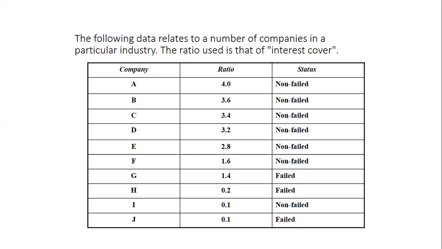If we look at the status of these firms, the non-failed means that the business still exists, and the failed means that the business has gone bankrupt or liquidated already. Okay. And then I was saying that when you look at J and I, J is no longer existing, so it has failed. But its interest cover ratio shows that it can pay off its debt more than I, which has not what? Failed. If you compute the average of the ratios for the failed and the non-failed,